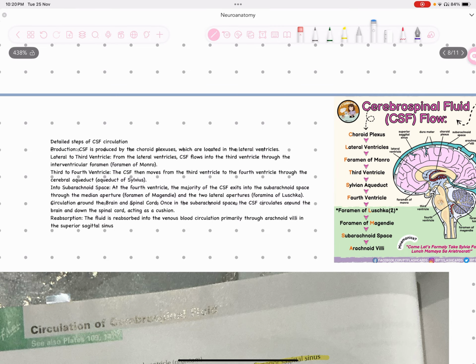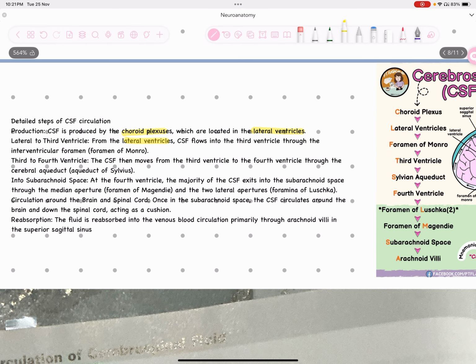it is produced by the choroid plexus that we already know, which are located in the lateral ventricles. They're also in the fourth ventricle and the third ventricle, in the roof of these ventricles. CSF flows from the lateral ventricle into the third ventricle through the foramen of Monro that we know. And then from the third ventricle, it moves through the aqueduct of Sylvius to the fourth ventricle, and from the fourth ventricle it exits into the subarachnoid space, particularly in your